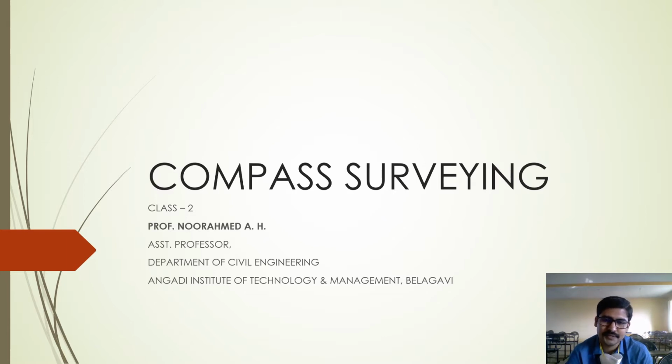We have understood what is compass surveying, and you have even seen what different types of meridian we have, like true meridian, magnetic meridian, and arbitrary meridian. And you have understood even the bearings. Bearing is nothing but horizontal angle on the surface of the earth, and it is nothing but the angle between the meridians and the line of observation.